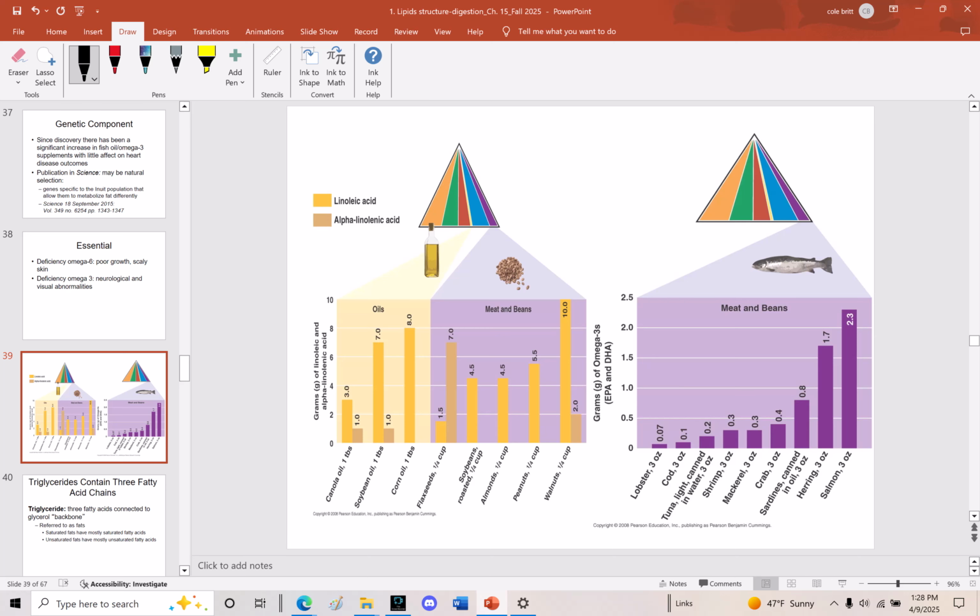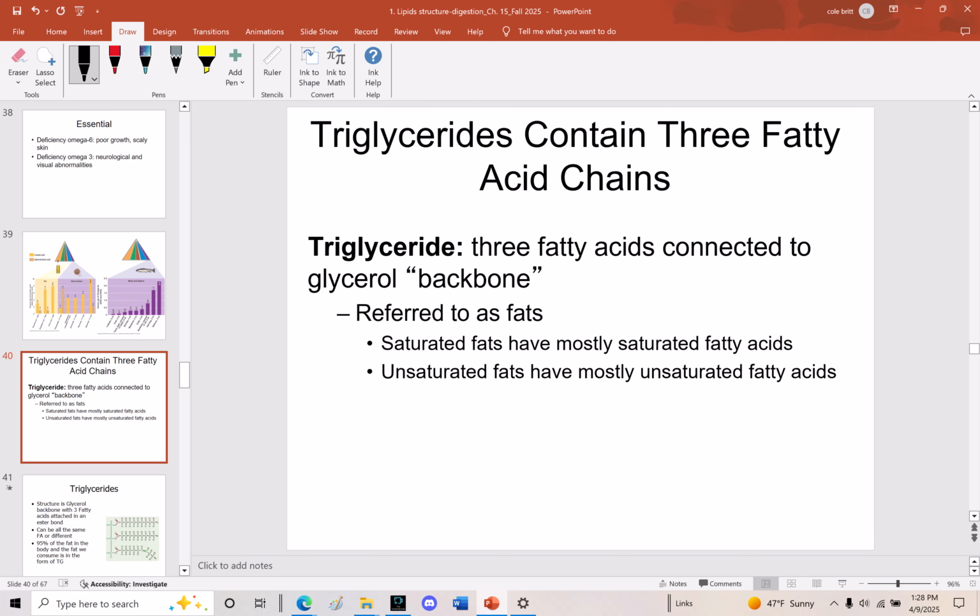All right, so that was just an introduction to the essential fatty acids. Again, we're going to talk more about their metabolism and the eicosanoids later in the term. Actually, I think in a couple weeks. But now we want to focus on what we do with fatty acids. So we know what fatty acids are now. We know their nomenclature. We know that they can be saturated or unsaturated. But now we're going to make stuff with those fatty acids, and some of those products are going to be